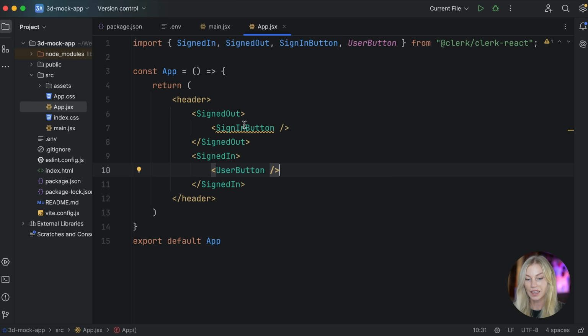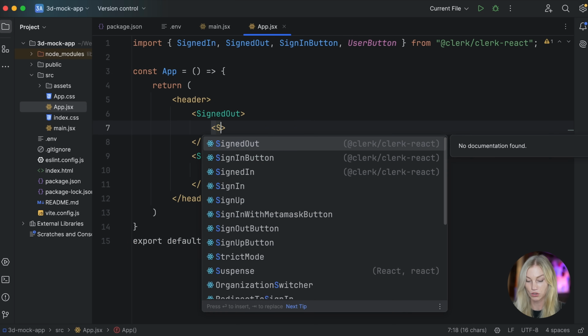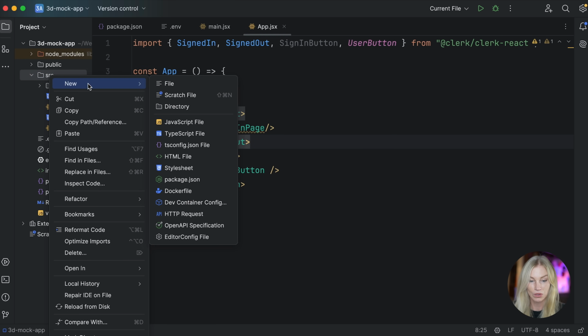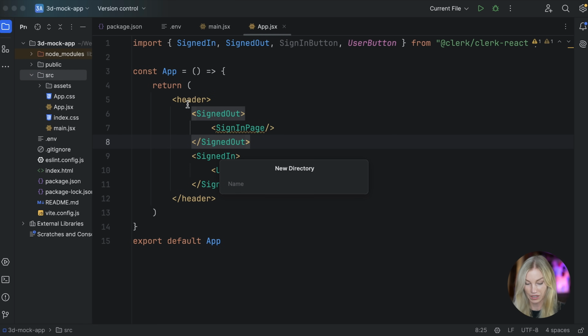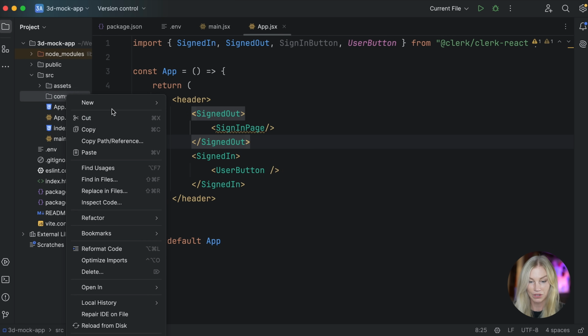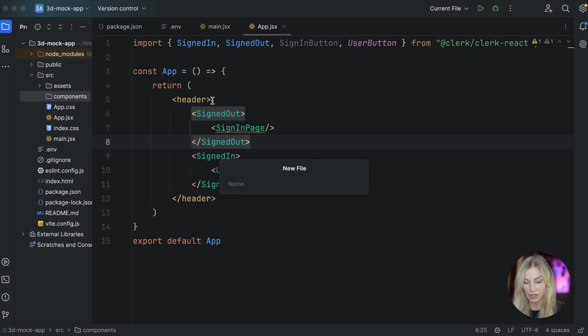So with a sign out page, instead of just having a sign in button, I'm actually just going to show an actual sign in page. So sign in page. So that is a component that we are going to make. That's actually going to include our sign in button. So let's go ahead in the source directory, make a new directory. I'm going to call it components, just like so. And in here, I'm going to create a new file. I'm just going to call it sign in